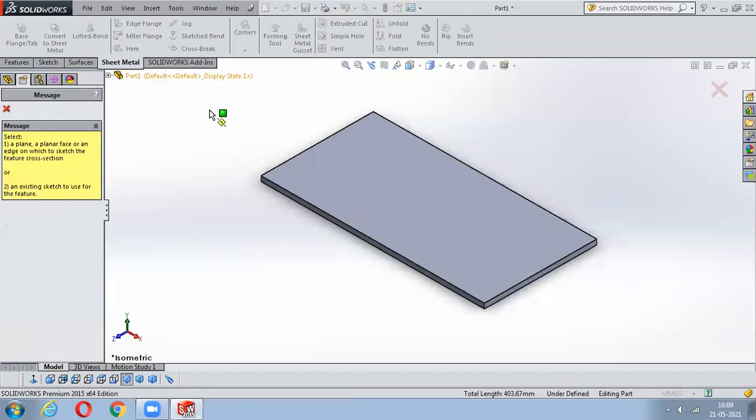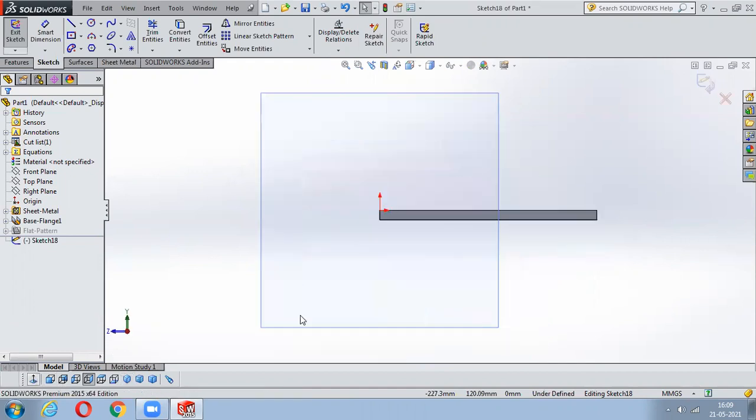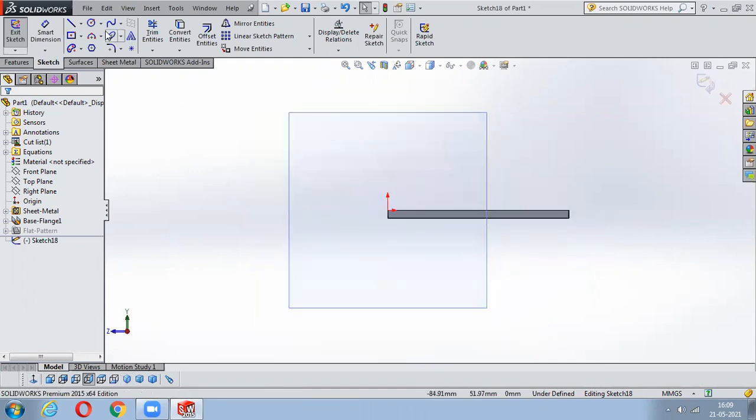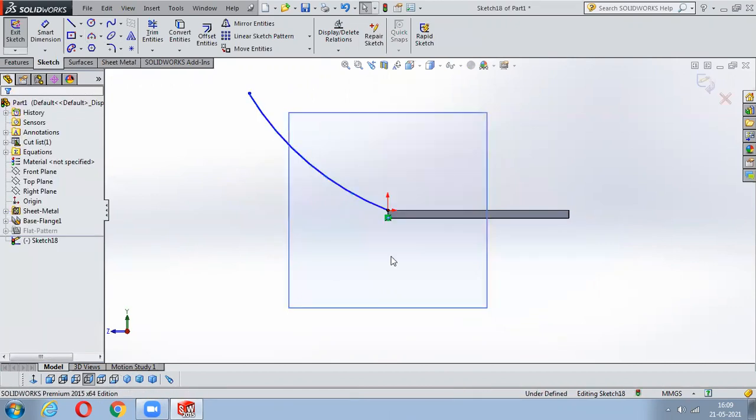Once you click on this miter flange, it will ask you for a side. Once you select an edge, it will automatically select the plane perpendicular to this edge, and it will directly move to the sketcher part. Here you can create your own profile. For example, I'll create a wall like this. But the rule is that it should always be tangent to this flat surface.